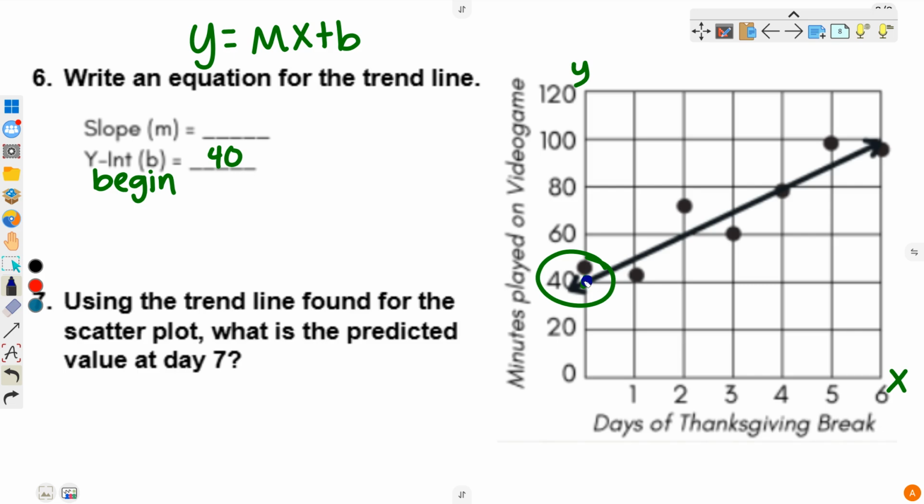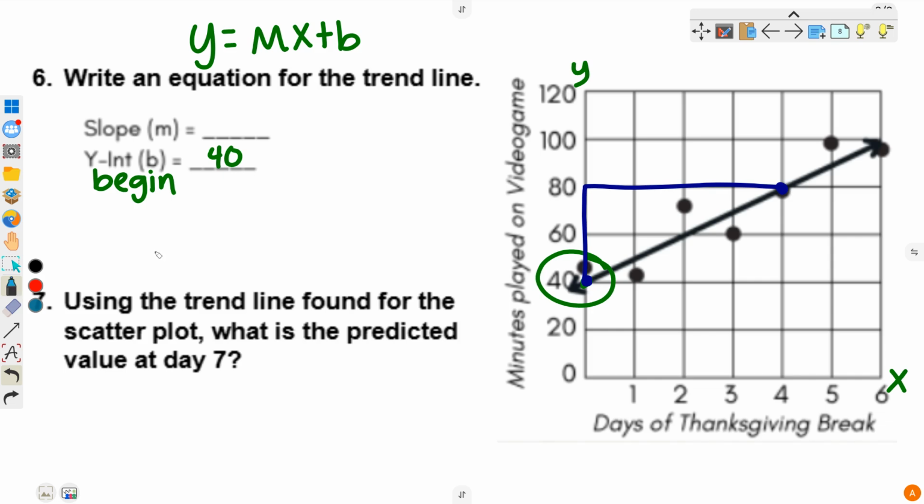So I'm going to keep using this one we just used, and then I'll use this one since it's labeled. I'm going to go up and over. Remember, for your triangle, you have to stay on the road, so you stay on your grid lines. Okay? So now I'm going to count